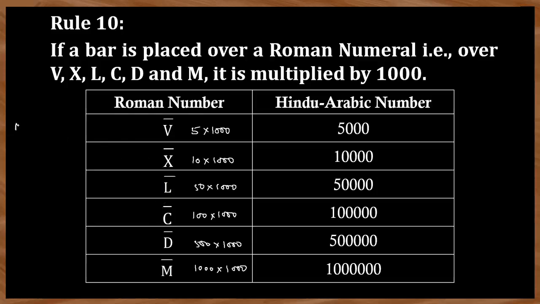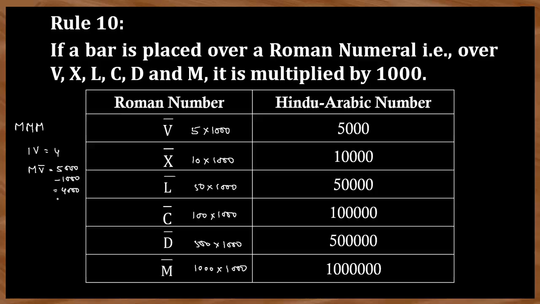To write 1000, you can write M. 2000, MM. 3000 means MMM. But M cannot be repeated more than 3 times, you know the rule. So then what you have to do now? Generally, if you want to write 4, you have to subtract 1 from the 5 like this. Like this here also, you can subtract 1000 from the 5000, which is 5000 minus 1000, which is 4000.